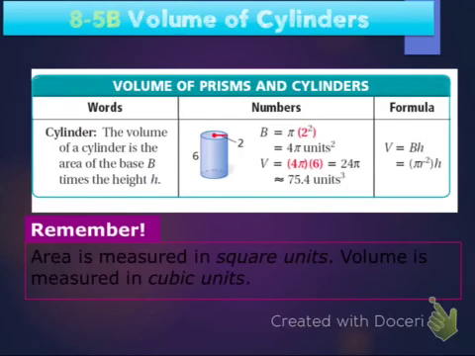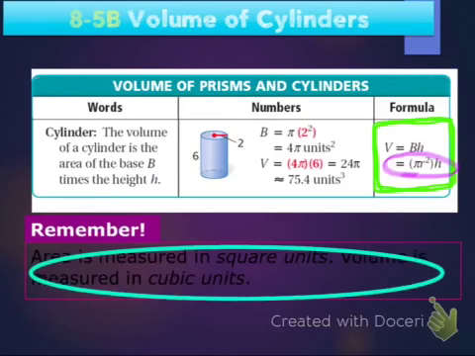And to find the volume of a cylinder, we're going to use this formula over here. And like with most of these formulas, they use this letter capital B. But I think for this lesson, you're going to find it much more helpful if you just use this bottom definition that they've given you, the pi r squared times h. And then the last thing that's down here that I do want you to notice that you might not even be able to see, but area is measured in square units while volume is measured in cubics. So whatever our units are, it's going to be units cubed with a 3 instead of with a 2 for volume,